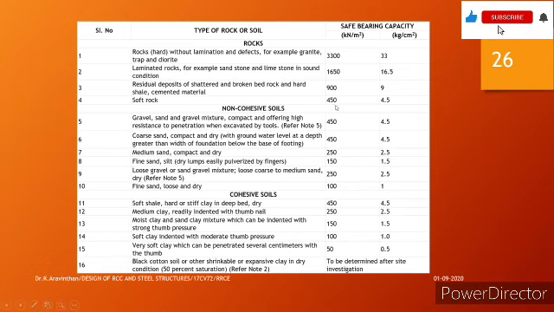You can see for a soft rock you are having 450 kilonewton per meter square. Above that it is named as rock oriented soil. And non-cohesive soil from 100 to 450 kilonewton per meter square is called non-cohesive soil. The type of soil and the property will be similar to sand and gravel. And clay oriented, shale or black cotton soil will be having a bearing capacity of 450 to 100.